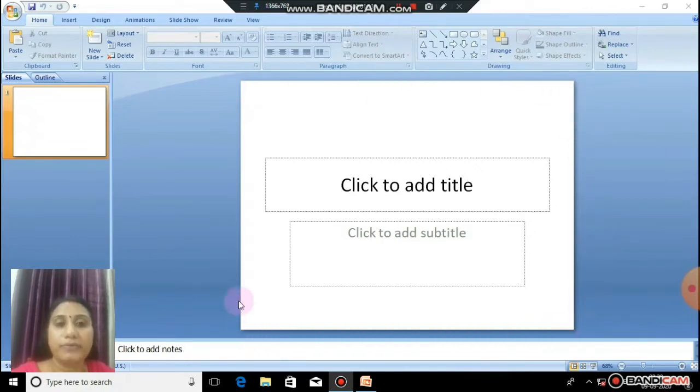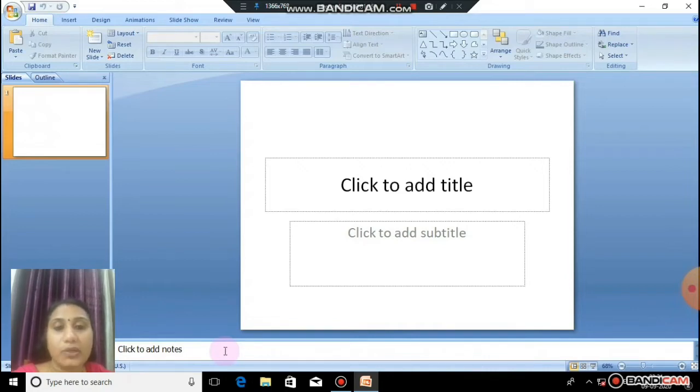And at the center of the screen, you can see the slide area. Okay, so you can see the white page there, that is called a slide. And inside the slide, you can see a dotted lines area. So that is called a placeholder, where you can type your text. Just click there. Okay. And at the bottom, you can see Click to add notes. So this is called speaker notes. It is just to add some clues about what we are creating the presentation for. So you can add a clue in the speaker notes area.